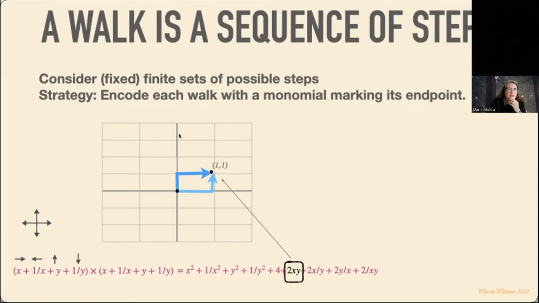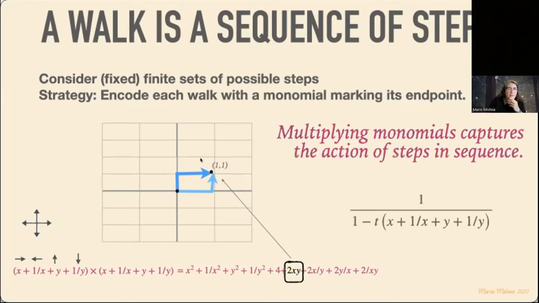So if I'm interested in enumerating walks that are unrestricted in my plane, well, then I could just use that geometric series. I'm going to add a t to keep track of how many steps I've taken. But really, the generating function for all walks in an unrestricted way is a simple rational function. And I'm just multiplying these things, however many times for the steps I'm taking. So that's really straightforward. So that's somehow too straightforward.